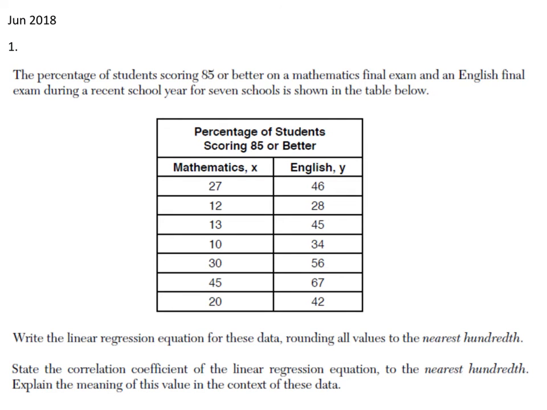So we have this question: the percentage of students scoring 85 or above on a mathematics final exam and an English final exam during a recent school year for 7 schools is shown in the table below. Write the linear regression equation for these data, rounding all values to the nearest hundredth. So hundredth means 2 decimal places. State the correlation coefficient. This is the value of r, which we'll get in a bit. And then you're rounding this even to the nearest hundredth and then explain the meaning of this value. So let's go to our calculator